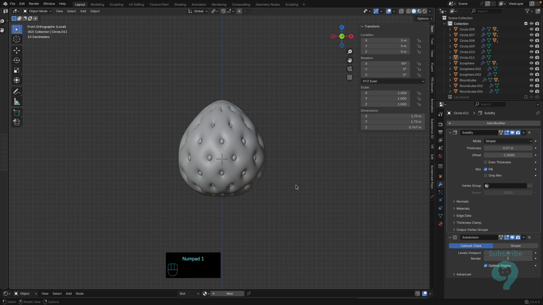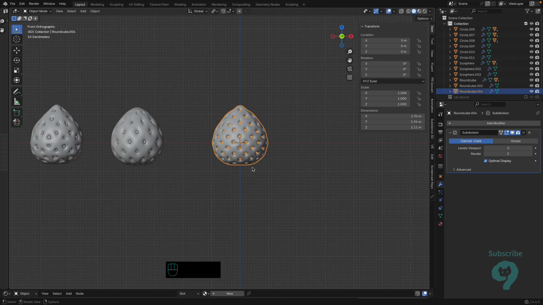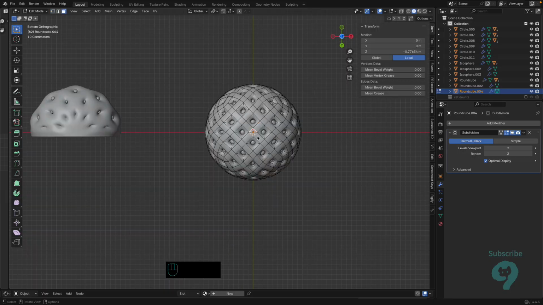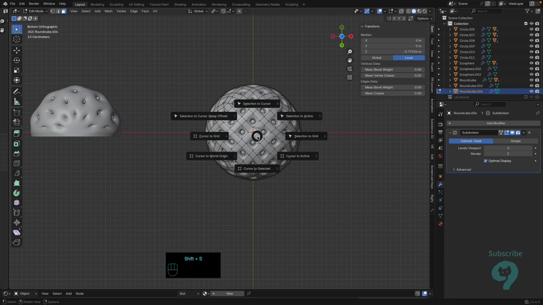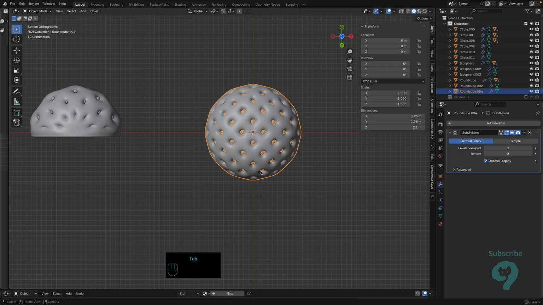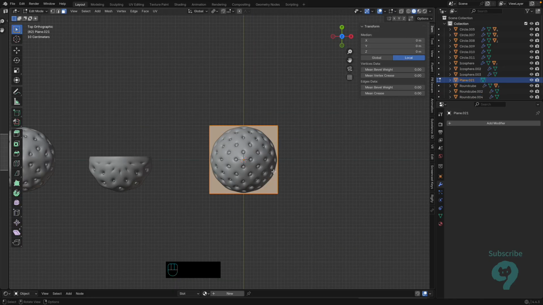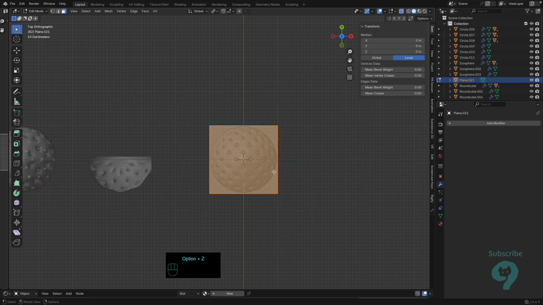Now we are going to do the leaf. We tap into edit mode, press 7 on numpad, and then 9. Select the very bottom faces, Shift S, cursor to selected, tap out. Press numpad 1, Shift A, tap in, press 7 on numpad, Alt Z to get into X-ray mode, G,